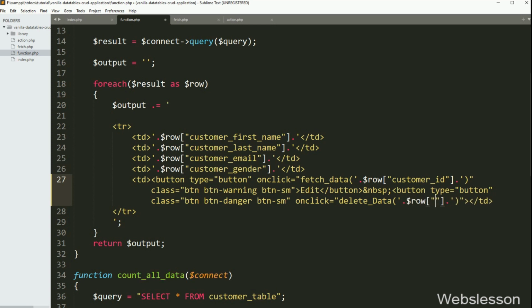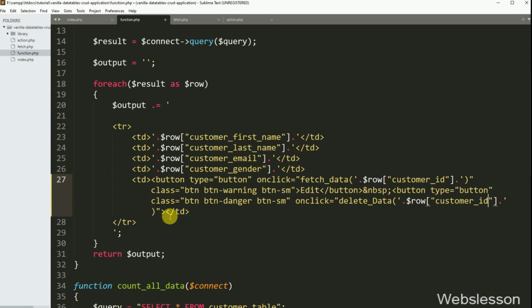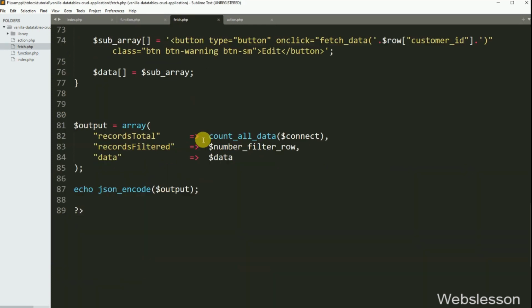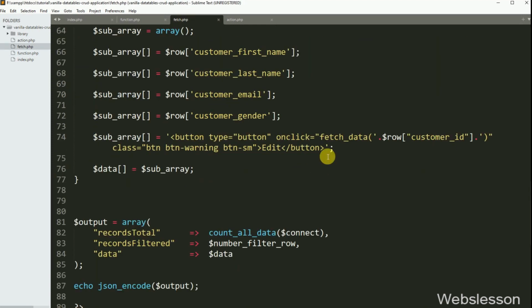So when the user clicks on this button, it will call the JavaScript deleteData function, which will send an AJAX request to the PHP script for the delete data operation. Now we copy this code, open the fetch.php file, and paste the code here, so it will make a delete button in each row of data.